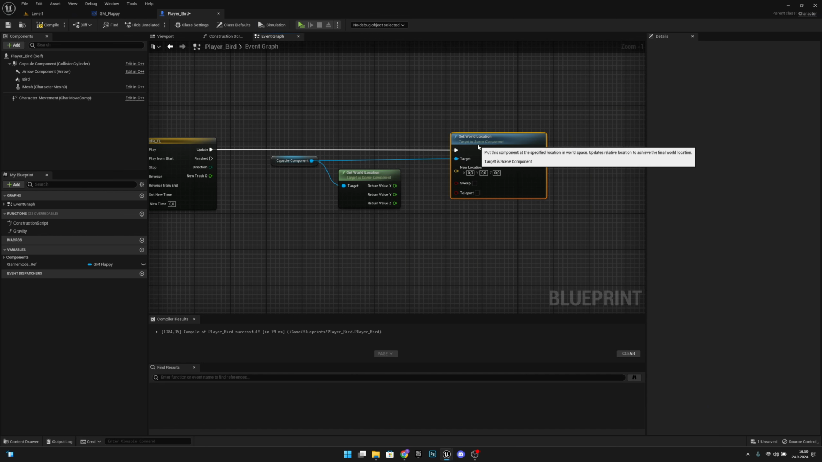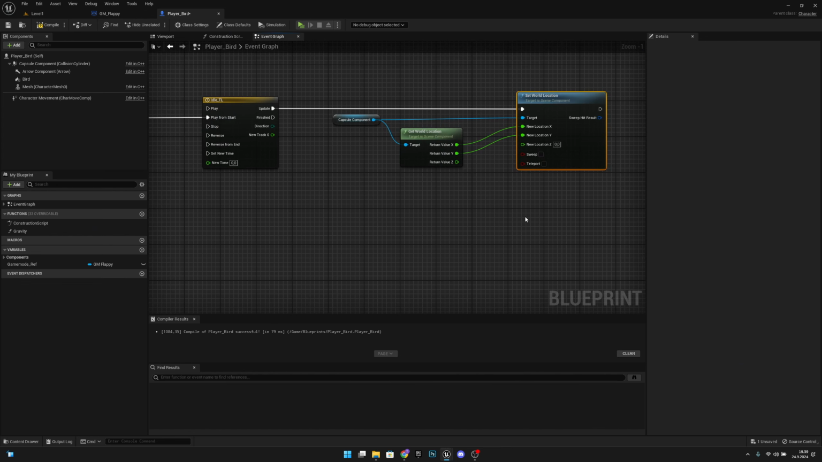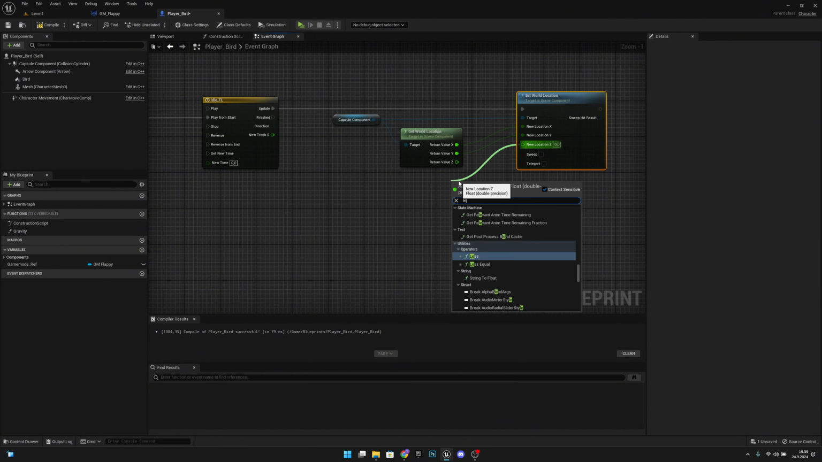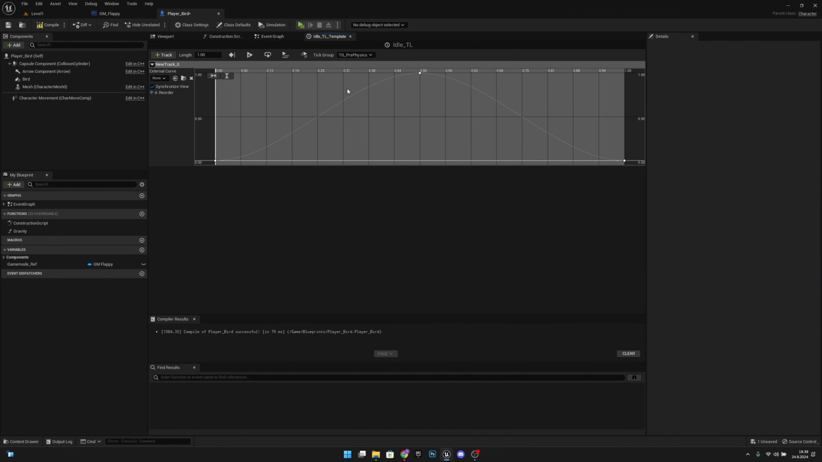Get the update. Let's split the new location. We want to connect the X and Y straight away, so we want to use the old values. But for the set, what we want to do is get from the new location set, and we want to lerp. And what the lerp does is, if we connect this new track, which is this timeline track, which goes from 0 to 1 and back to 0 in a time of 1 second,